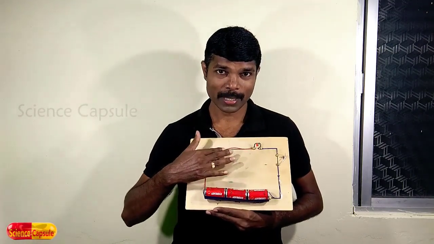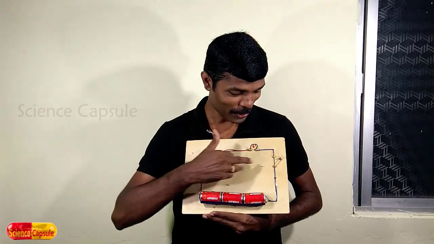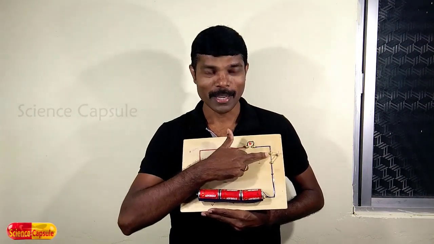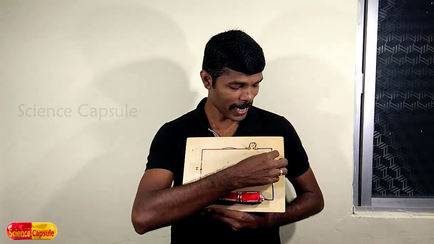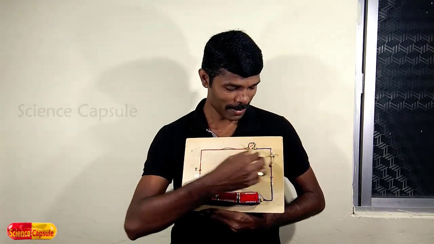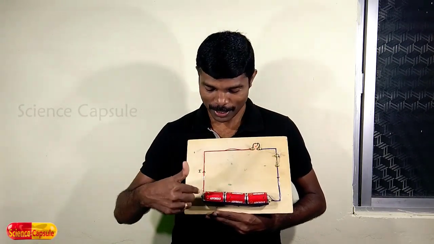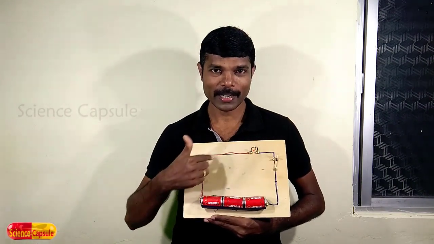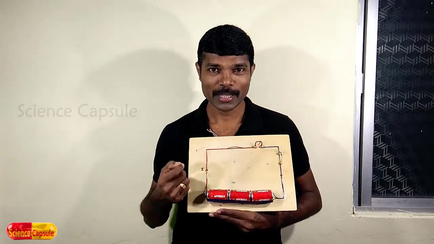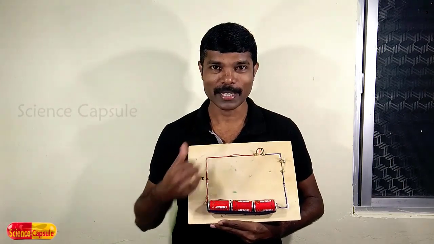At this moment, the bulb is not glowing. Why? Because you see here the gate is open. Now you see, if I close the gate, then you can see here the bulb is glowing. So, the continuous supply of electric current is taking place, right? Now, the question is how the electric current flows in a circuit. This you will understand if you know the two important concepts, namely the electric potential and potential difference. Now, let us learn the electric potential and potential difference by doing an interesting activity.